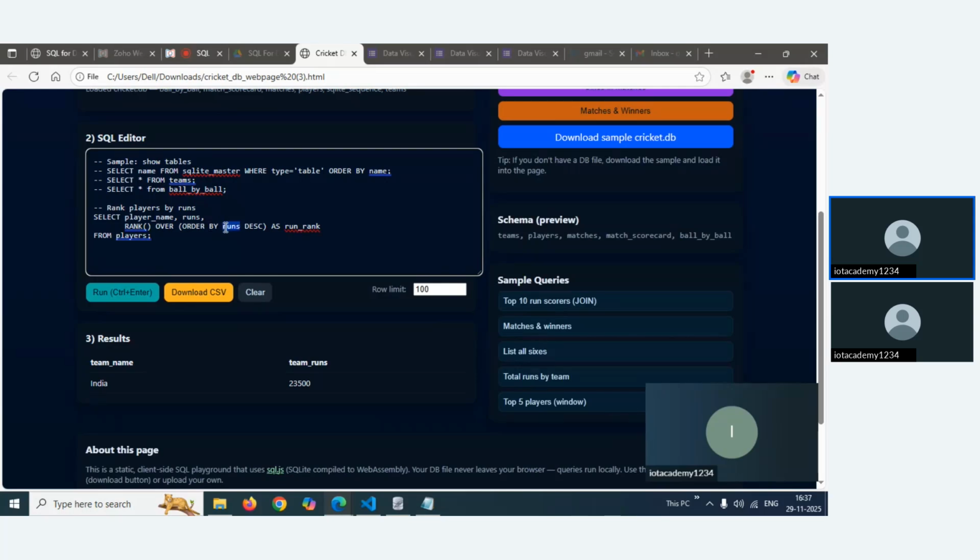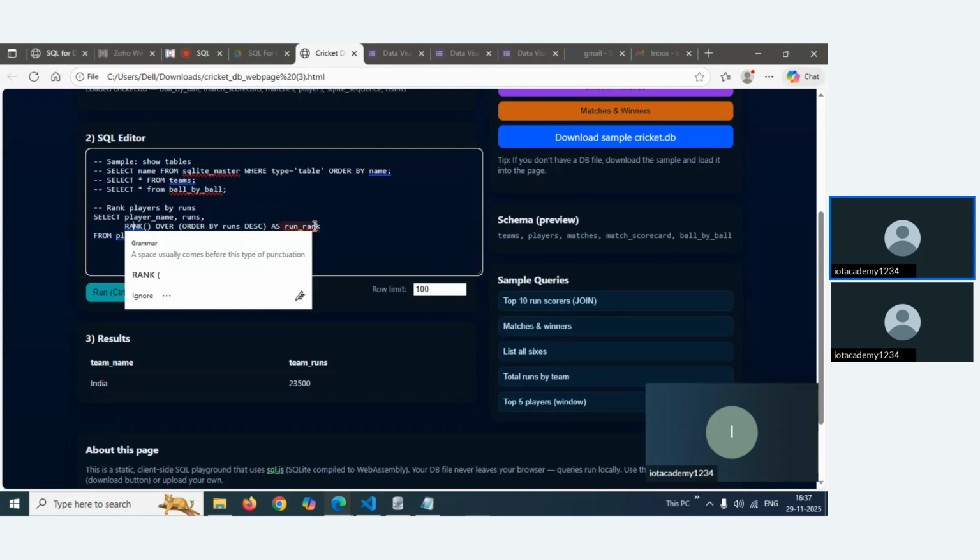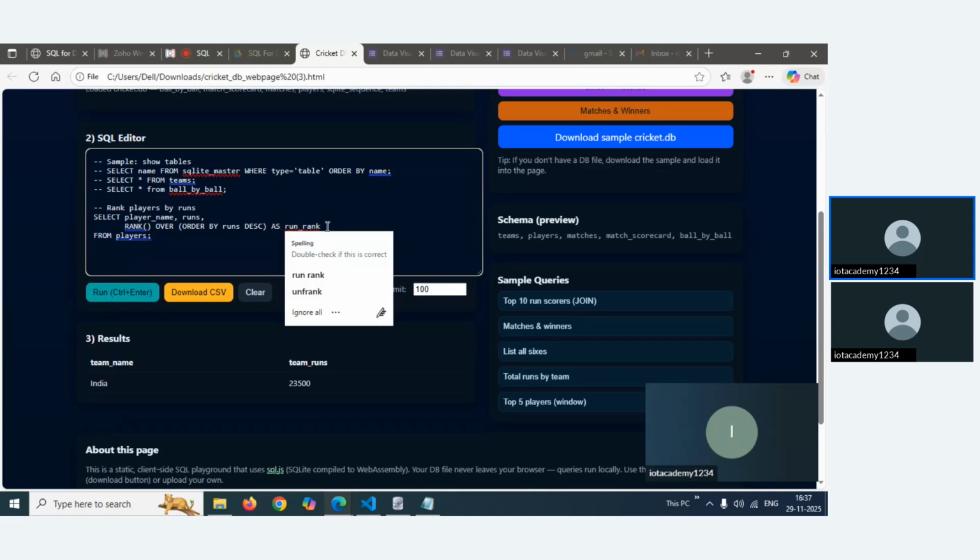And in descending order, it means the player who scored highest will be on the top. And call this all as run_rank, this column. And here we are selecting only from a single table. It's a players table. If we run,